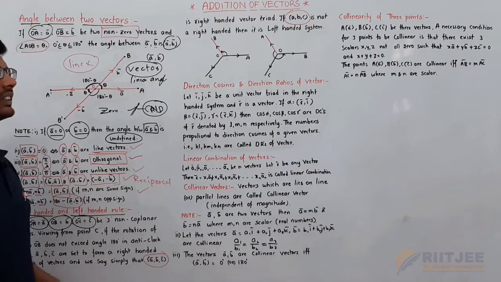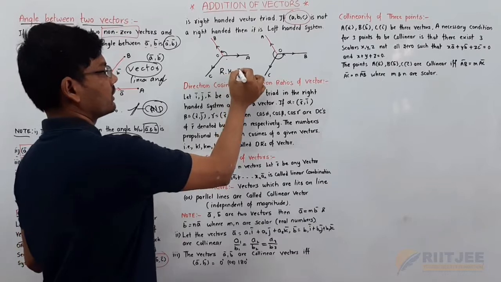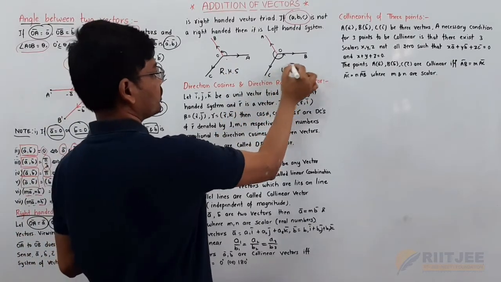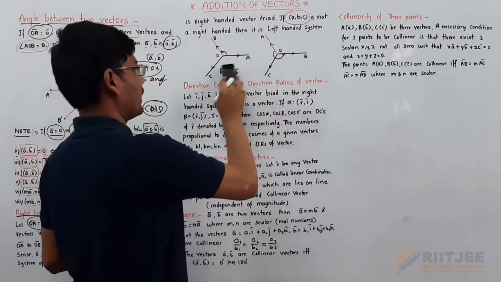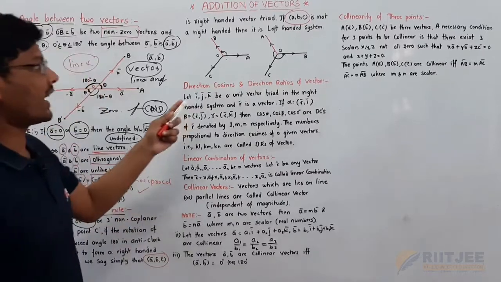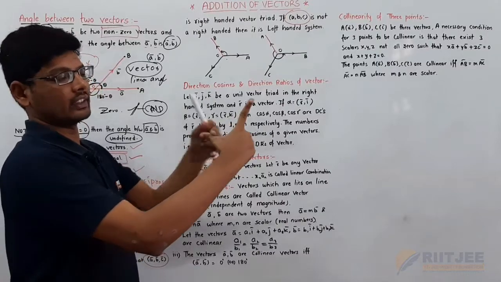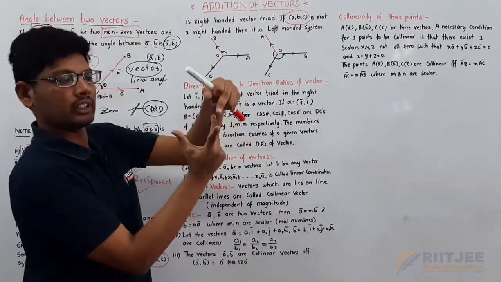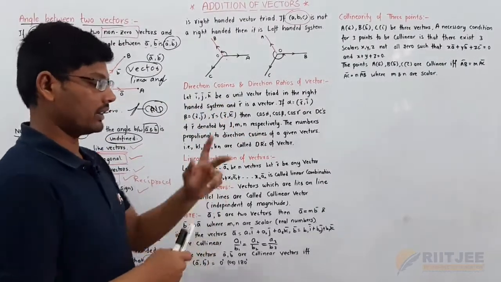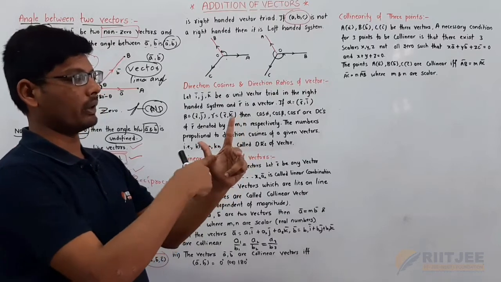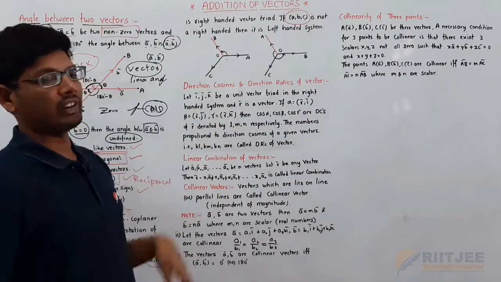Next topic is the direction cosines and direction ratios. This is the right-handed system, this is the left-handed system. Do not write this as LHS and RHS; I am simply notifying here. Right-handed is this: this is OA, this is OB and this is OC. If you see from point C, the angle between these two vectors is a right-handed system, and for the left hand, this is OA and this is OB. If you see from the third point C, the angle between OA and OB is a left-handed system.